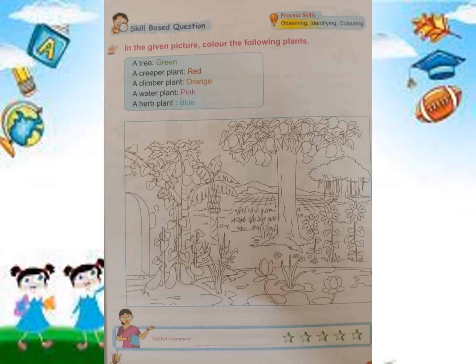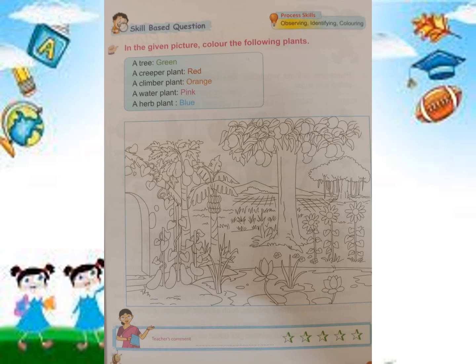Okay. In the picture you search all of you. Is there any tree? Yes, we have mango tree, banyan tree. Yes or no? Okay. Now creeper plant you want to color with red. Search the creeper plant and color with red. Then a climber plant with orange in color.